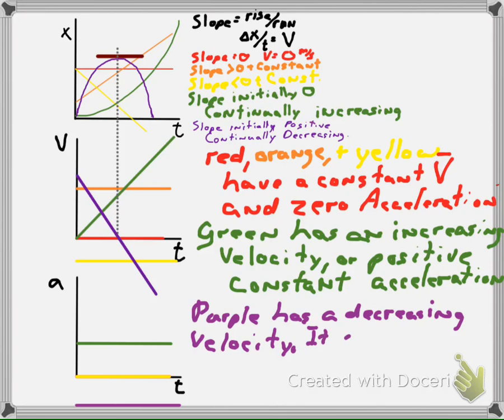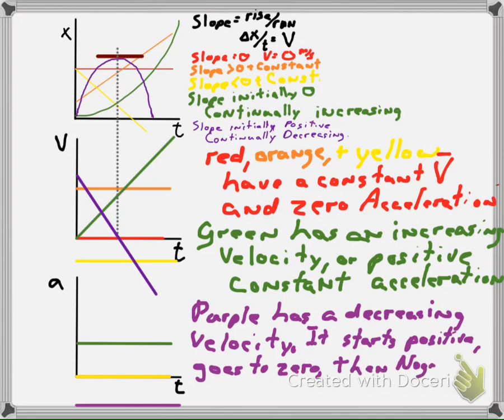So purple has a negative acceleration. It starts near the origin, goes up away from the origin, and then comes back to the origin. If we were to throw an object in the air, this is what it would look like. It would start with a positive velocity. The velocity gets lower and lower and lower. At the highest point, represented by the dotted line, it goes to 0, and then the velocity goes negative as